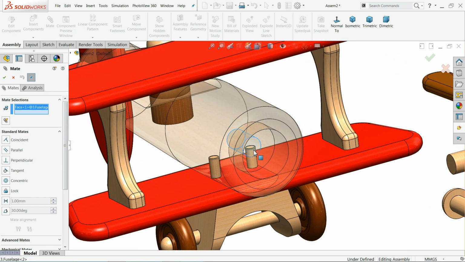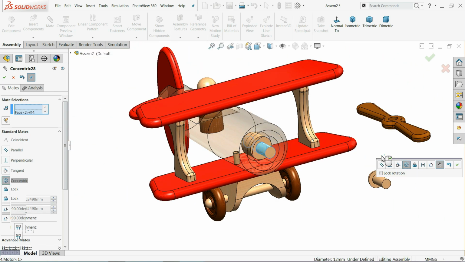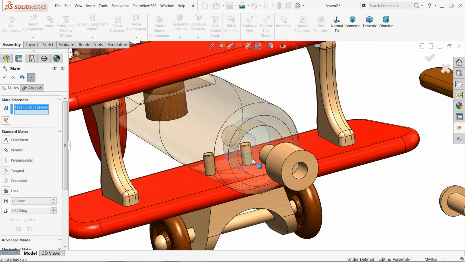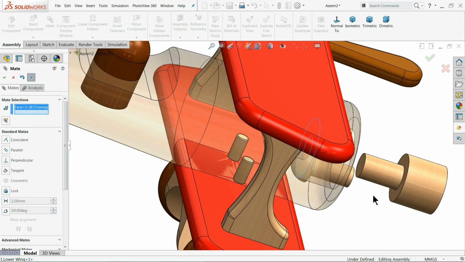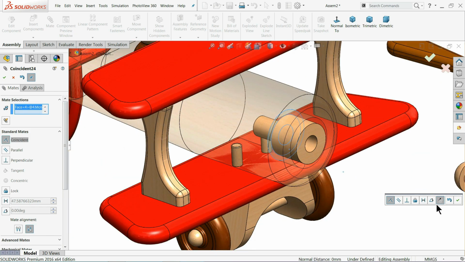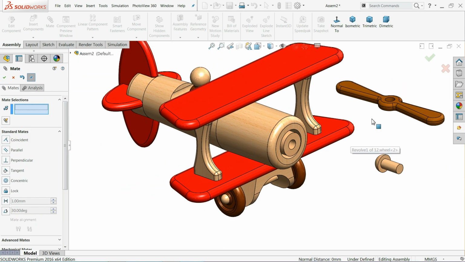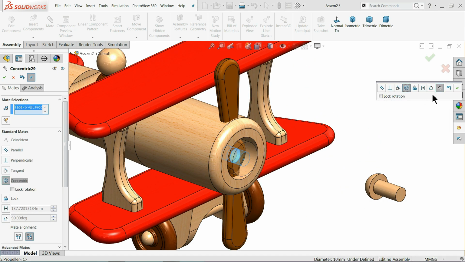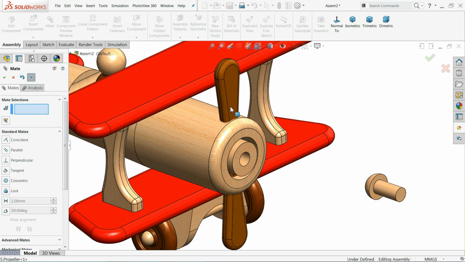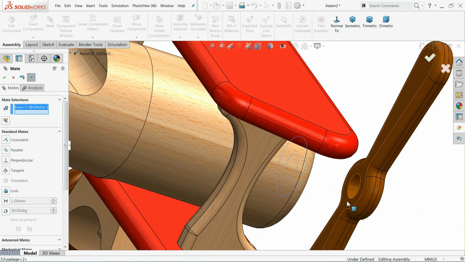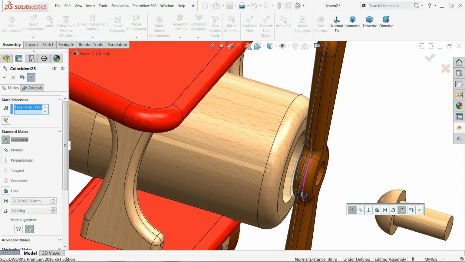Now I'll select this circle inside and this, make it reverse. Okay, I'll select the outer face and the outer face for this. Now you will see the motor is going to fix inside, coincident relation. Select the inside circle and the circle of propeller, concentric relation. Okay, just pull. Okay, outer surface of motor and inner surface of propeller. Now it's going to fix, coincident relation.